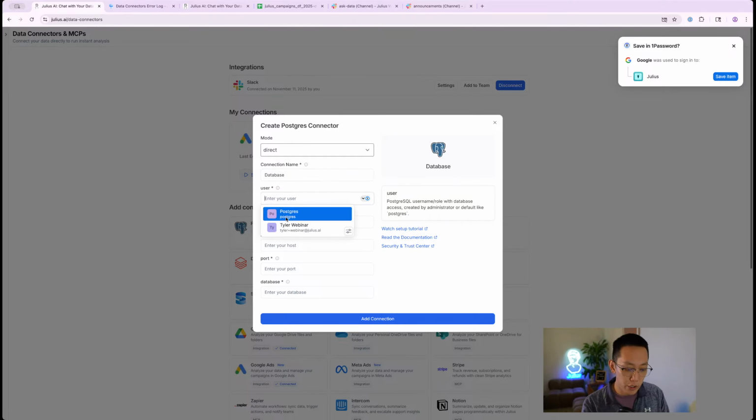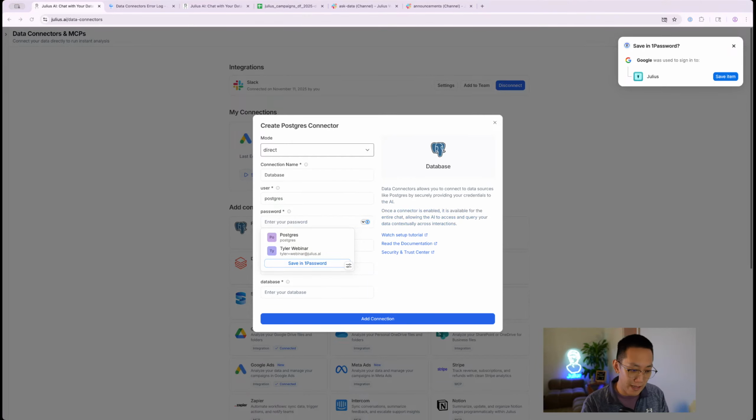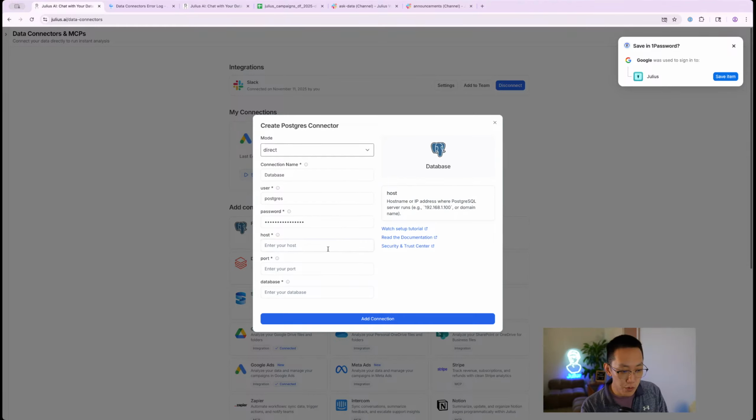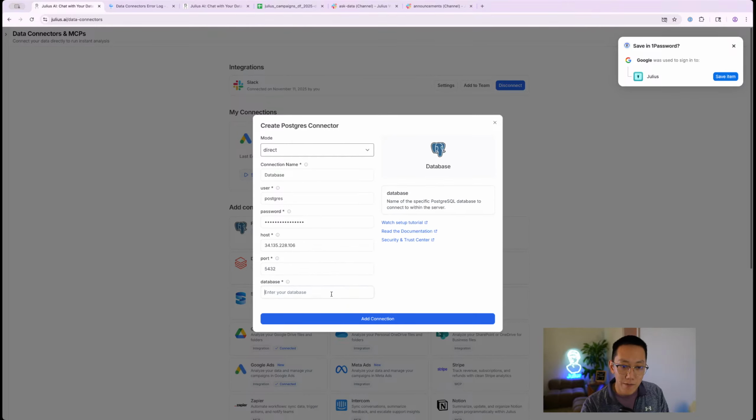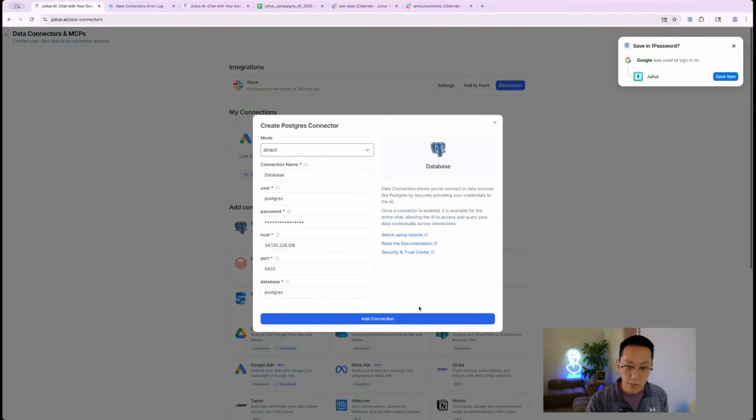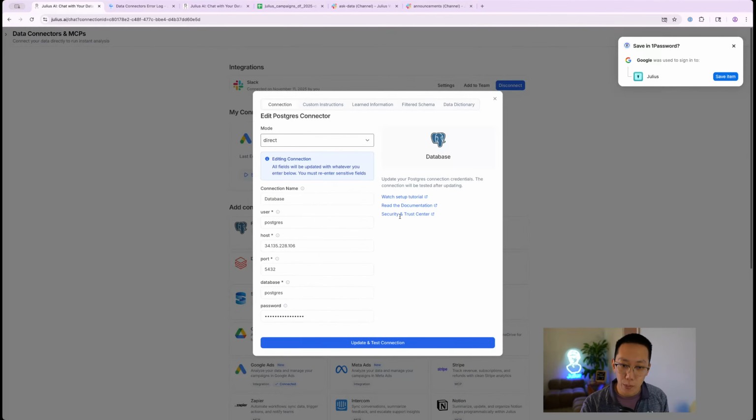Put in your username. In my case, it's Postgres. My password, in this case, I'm going to copy and paste it from my password storage tool. I'm going to put in my host, which is the IP address for this connector. I'm going to paste in the port. And then finally, the name of this database, which here is Postgres. Once I have all this information filled in, I'm going to click Add Connection, and that'll bring up that window